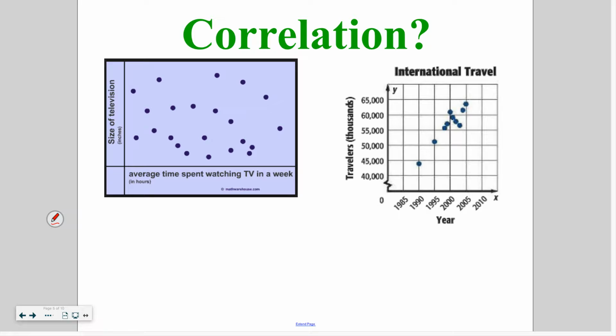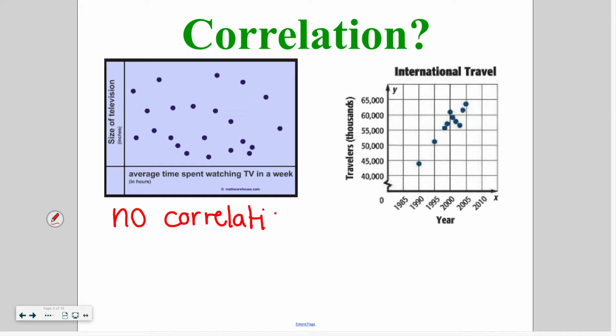Looking at our correlation, this first example is average time spent watching TV in a week and the average size of a television. So your job would be to look at this graph and say, is there any relationship between these two factors? Could I draw in a line that makes it go up? That's not very close to all of our data points, so it can't be positive. Same thing, could I draw a line that goes down? Again, that doesn't really fit this data very well, so it's not negative either, which means this particular graph is no